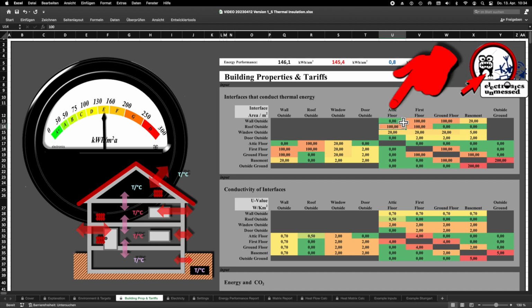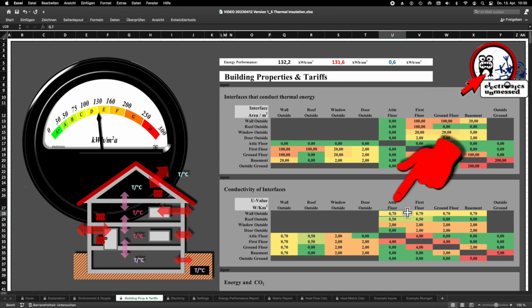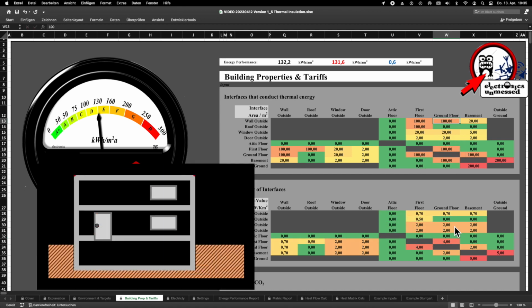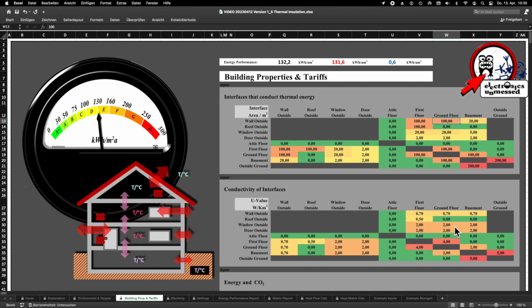The attic floor is now completely eliminated, so we enter 0.0001 square meter for all remaining areas. We proceed in the same way with the U values below. And we are done. We have now mapped a building with 2 stories plus a basement.